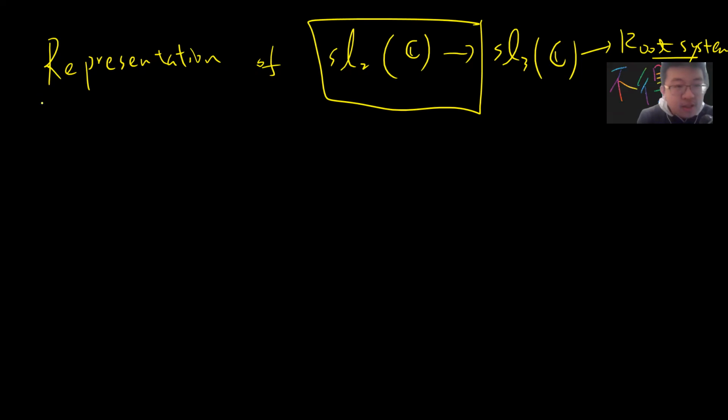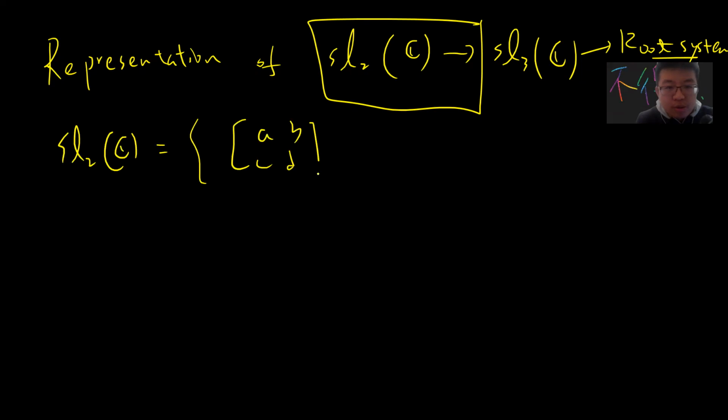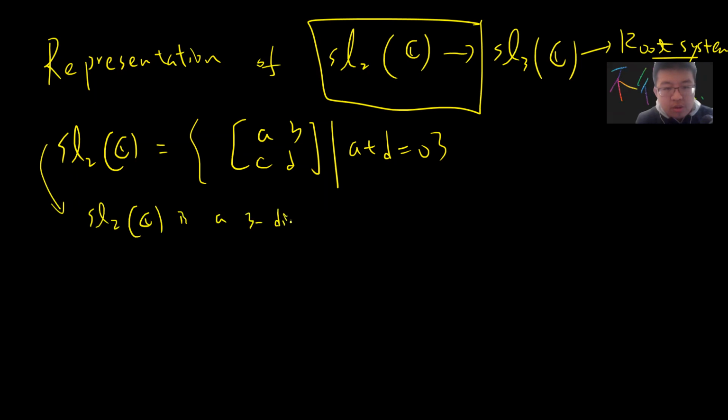Okay, so sl2c is the 2x2 matrices with entries A, B, C, D, and all are complex numbers, such that A plus D is 0. So basically, it's traceless, right? So you can view sl2c as a three-dimensional vector space. So it's like C cubed, and you can write the matrix ABCD, right, as